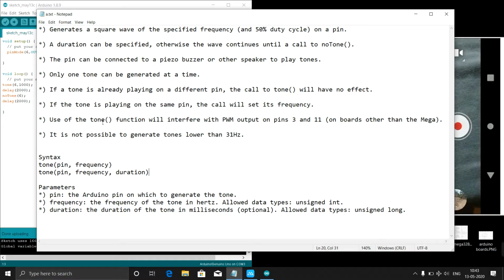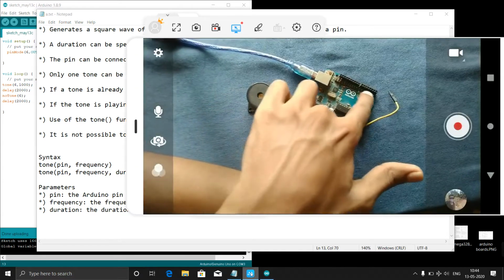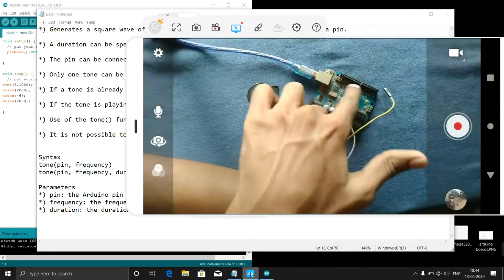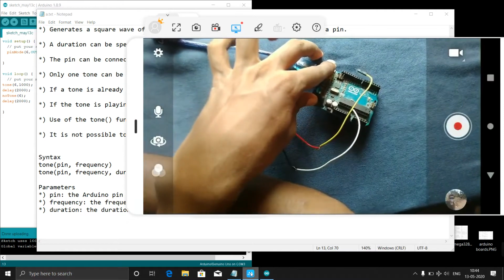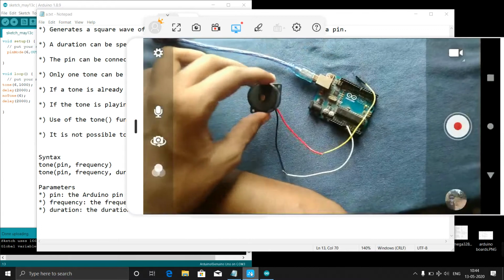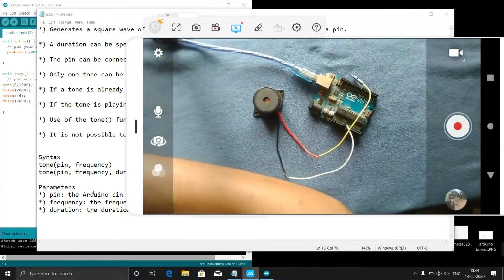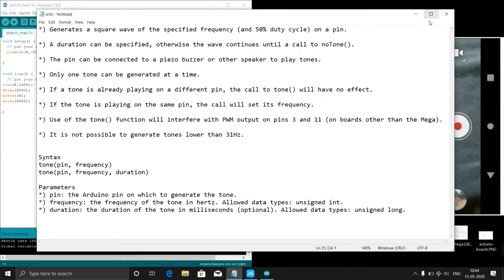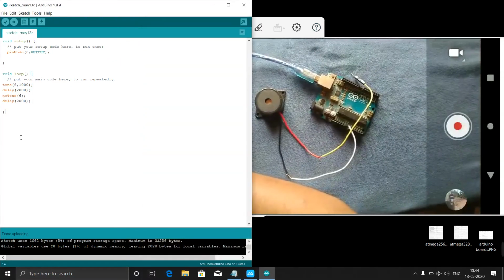When you use the tone function, it will interfere with pins 3 and 11. This is an Arduino Uno board, so the tone function will interfere with those pins. That means if we connect anything to pins 3 and 11, it's not good while we are producing sound. Now what we will do is play some